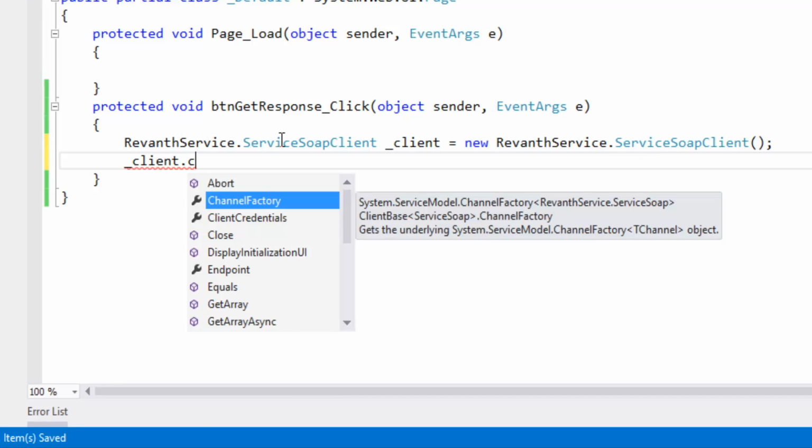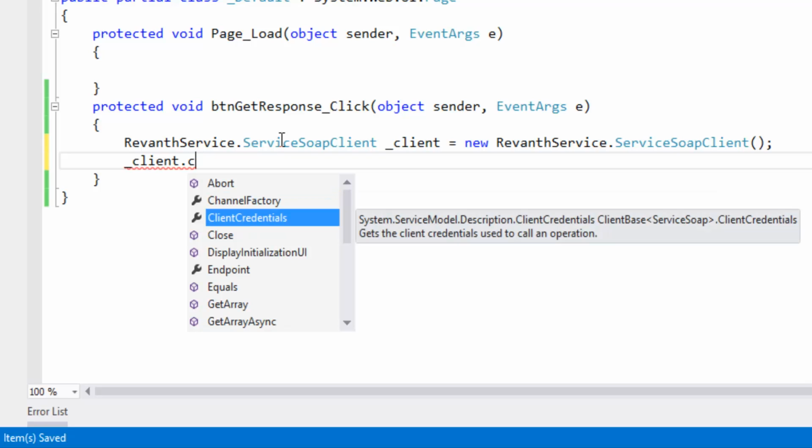When we look at here, there is client credentials. So by using this property, we can pass the username and password.